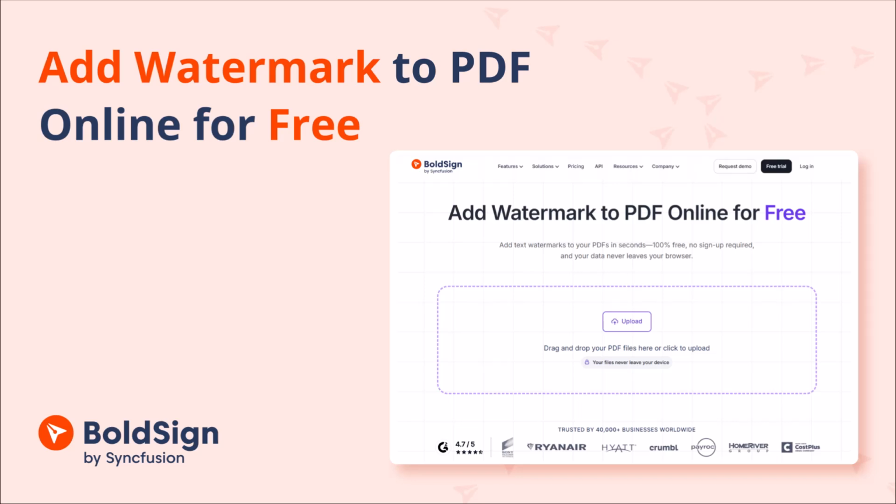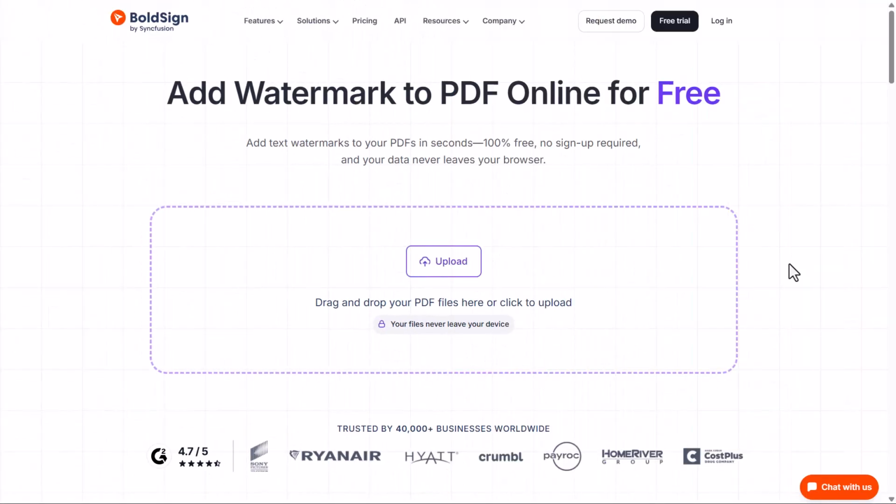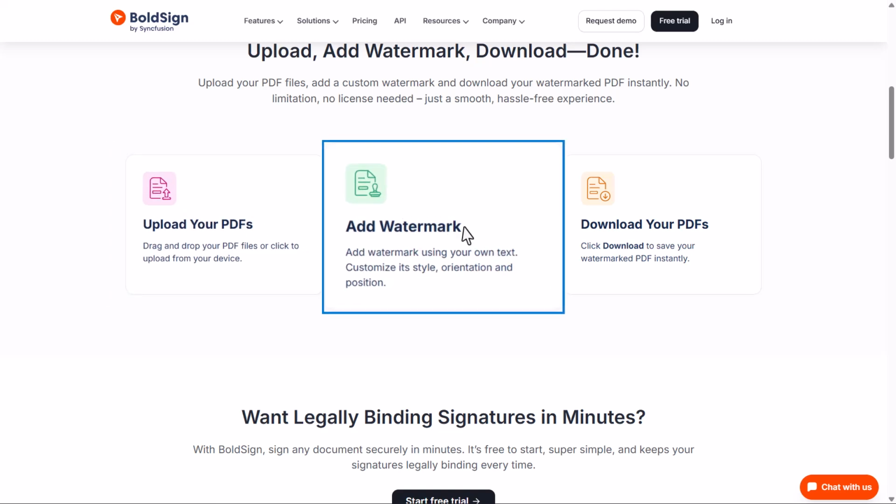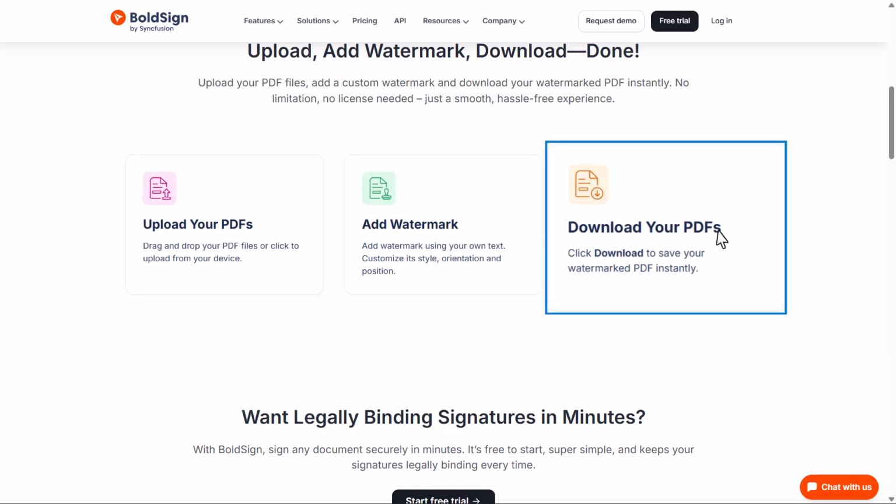It's fast, completely free, requires no sign-up, and keeps your data secure within your browser. Open your browser and head to the BoldSign Add Watermark to PDF page. The link is in the video description. Here's how it works. Upload your PDFs, add a watermark using your own text, and download to save your watermark